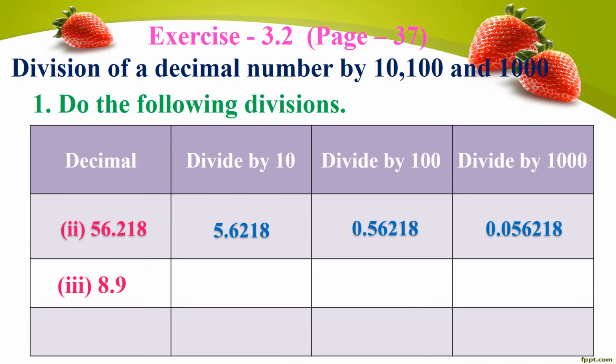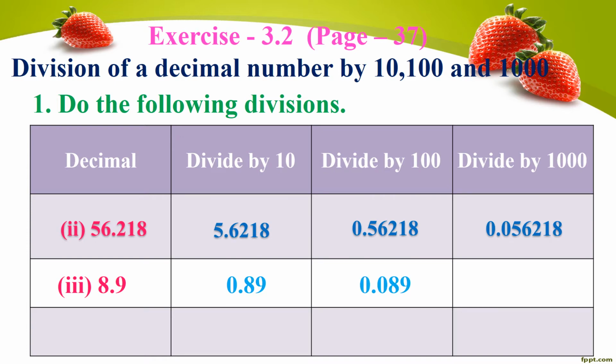Third one, 8.9. On dividing 8.9 by 10, we get 0.89. You know very well that we have to shift one place to the left. Now we have to divide 8.9 by 100. On dividing by 100, we have to move 2 places to the left as there are two zeros in 100. But there is only one digit, 8. So we have to add a 0 before 8 and we have to shift 2 places to the left. On doing so, we get